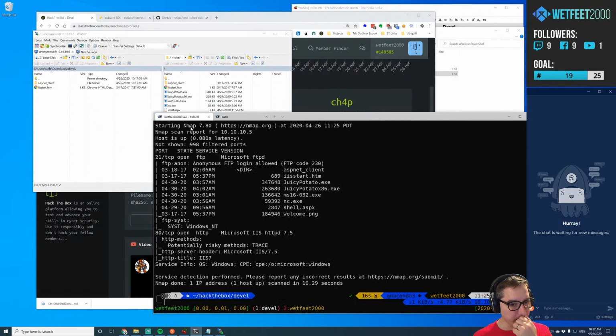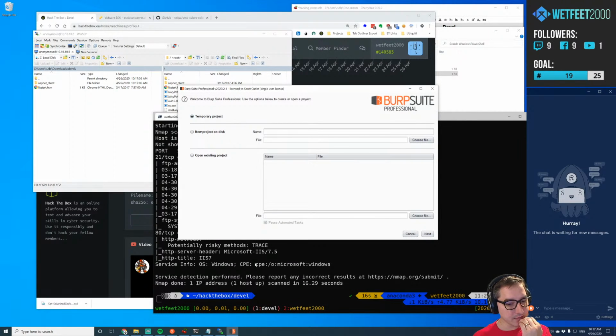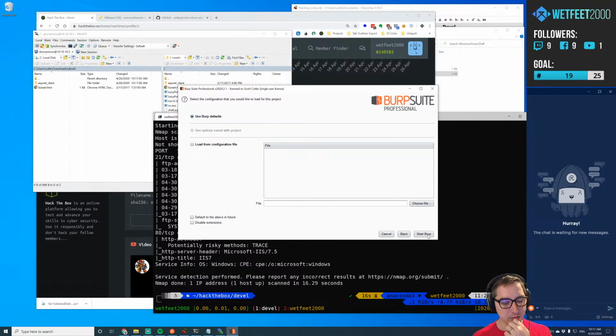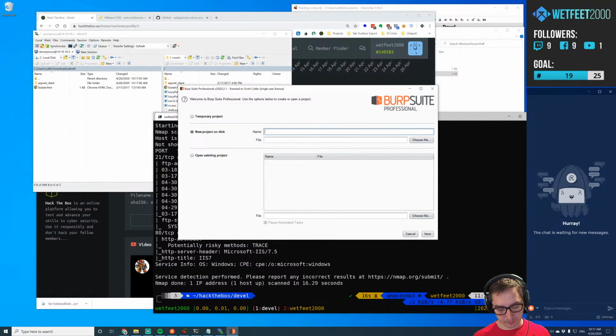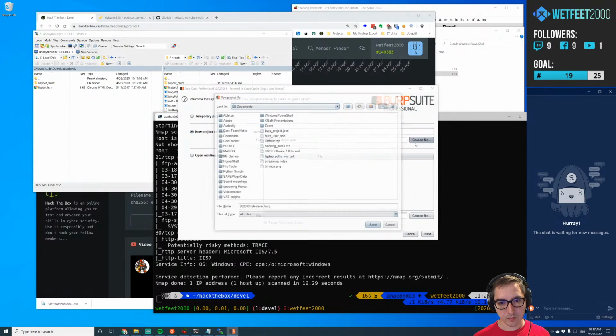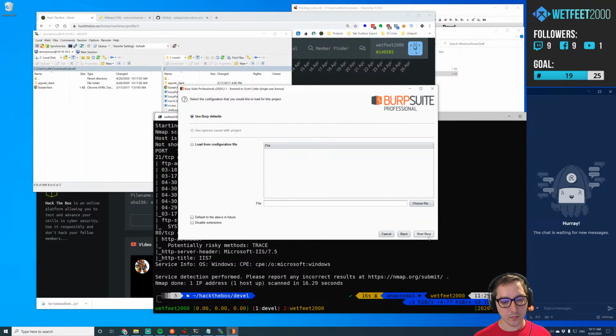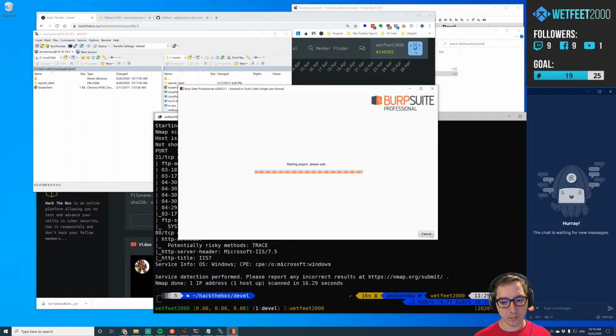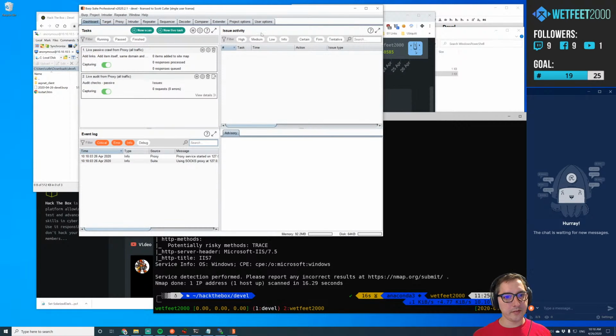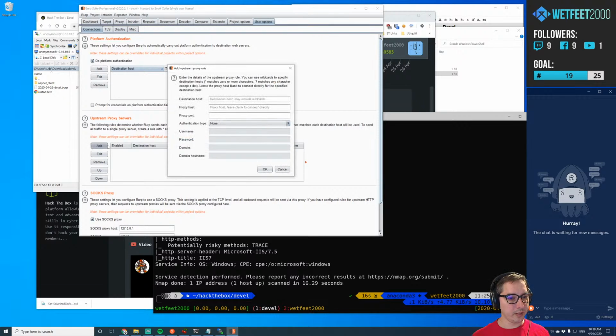And port 80 was running IIS, and so if we set Burp to use the SSH server,